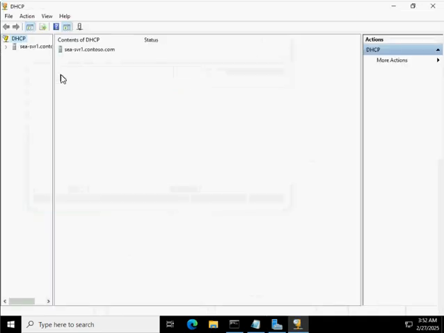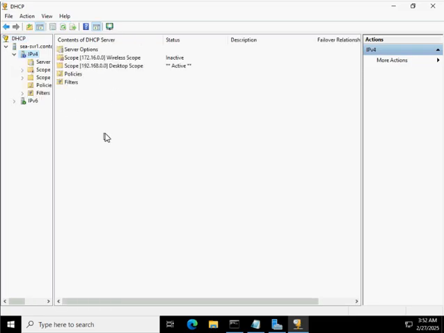As you can see, this is my Server 1, and I have scopes created. We have inactive and active scopes in this, and I want to migrate this server to Server 2.